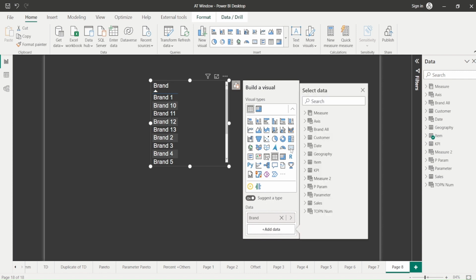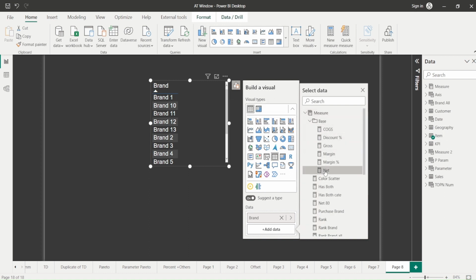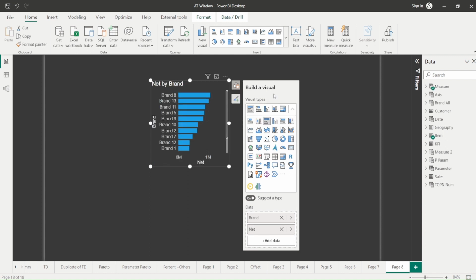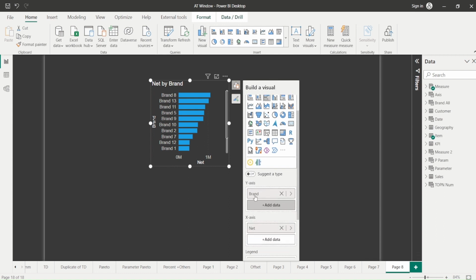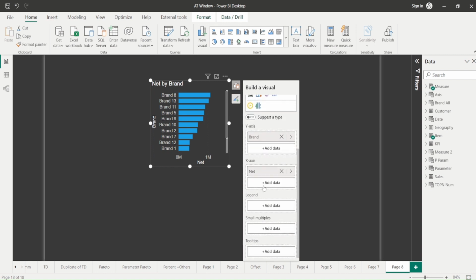Then I go and plus add, and I'll do one more thing. We'll use the suggest type, and I go to base and I add the net. Now once I added that net, it automatically converted it into the bar visual, clustered bar visual. If I turn this suggest a type off, you will be able to see now I am able to see y-axis, x-axis, legend, small multiples,